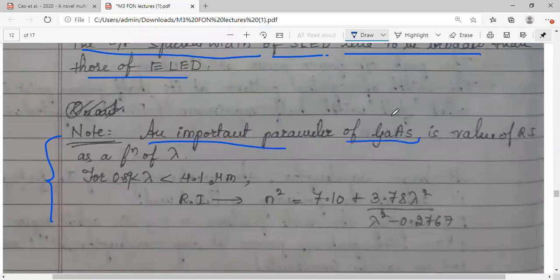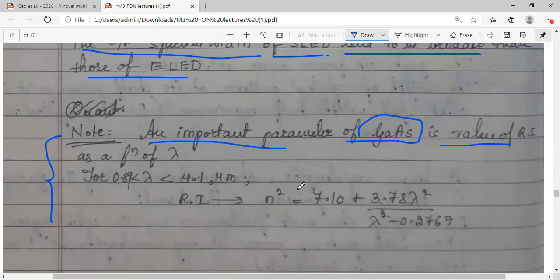One of the important parameters of gallium arsenide is the refractive index, because we are using semiconductors, and refractive index plays a very important role in transmission. For propagation, refractive index plays a very important role. In free space, obviously air is the medium, you don't have much effect on velocity and those things, but if the medium changes, most of the parameters will change. So if I choose gallium arsenide as the base substrate for making this LED source, then I can use different alloys, binary and ternary compounds.